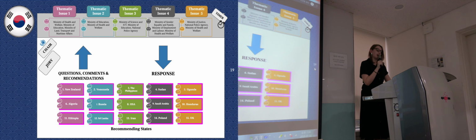We'll then have a second round for additional questions. This will proceed in the same way as the first round with the advanced questions, but this time, after the recommending state has presented their question and the delegation has responded, the recommending state may make further questions and comments if there is time remaining. It should do this by raising its nameplate, which will be in front of you, up in the air. The UPR chair group, which will be sat in the corner here, will decide if there is enough time for this. If they decide that there is not enough time for the further question, the recommending state will be asked to condense their statement into a brief recommendation or a comment only.